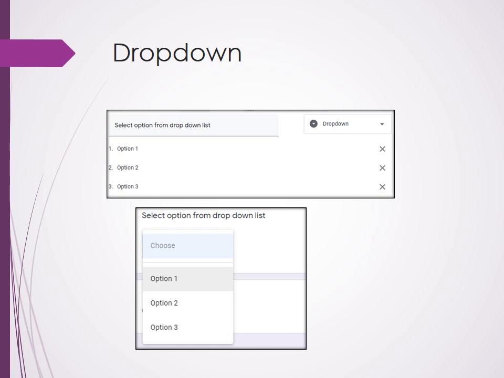What is happening? It is saving the space, as we can say, within the output window. There will be one text box here, a text box type space, and if you click, then a drop down menu will be available, and depending on that the respondent will select the choice. These are the options of the drop down, and this is how the drop down option will look like in the form.